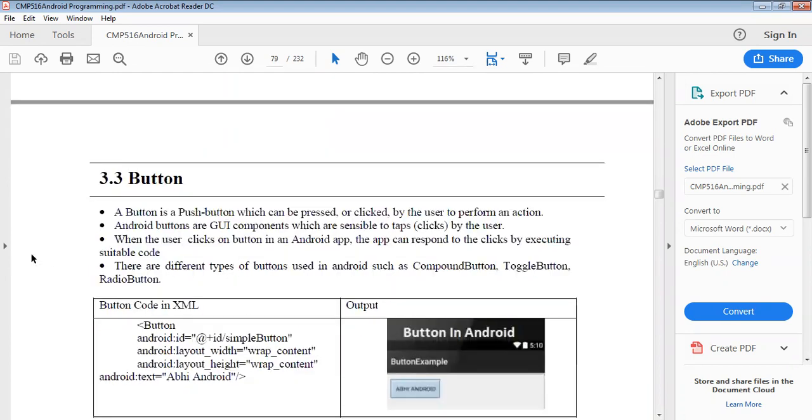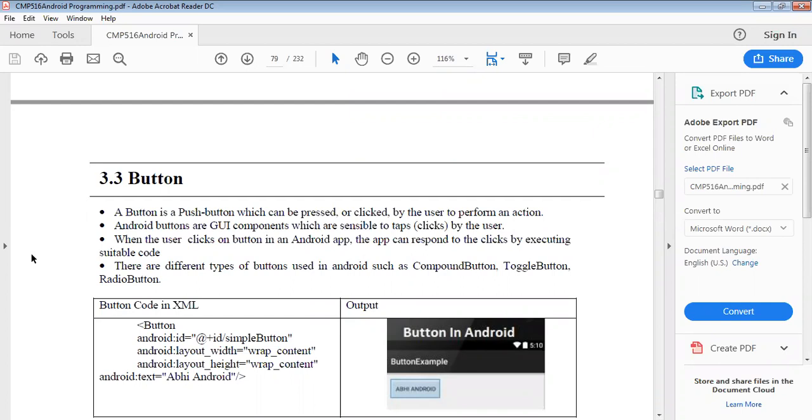Next we can see the button. A button is a push button which can be pressed or clicked by the user to perform an action. Android buttons are GUI components, graphical user interface components, which are sensitive to taps or clicks by the user.